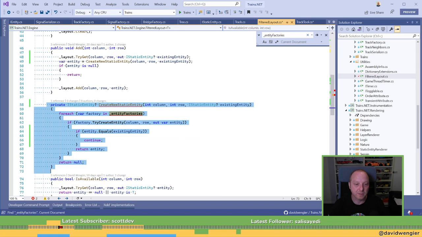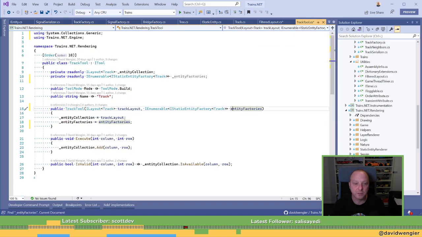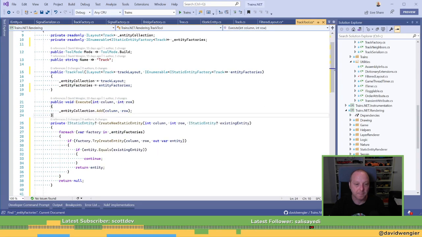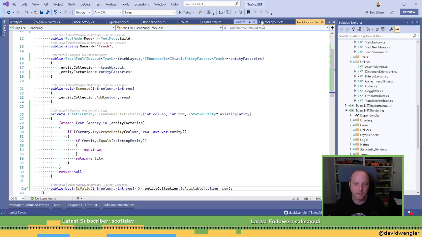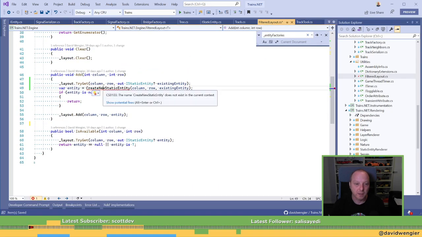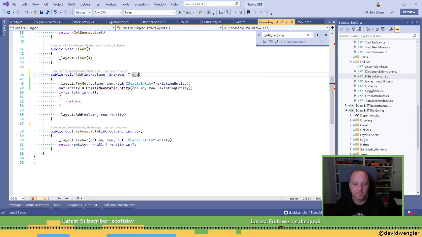Yeah, so this method comes into here. That compiles, so that's a good start. And then this takes in, what is it, T? Yep. Entity.